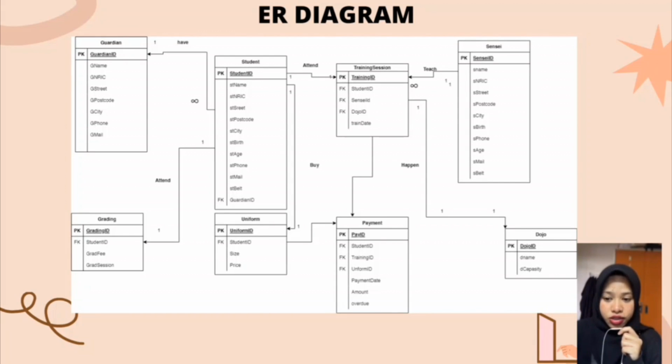Next is the student entity. The attributes are student ID as the primary key and guardian ID as foreign key. The other attributes are student name, number IC, street, postcode, city, birth, age, phone, email, and belt. The relation is a student can register one training session, and each student needs to make one payment, one grading registration,